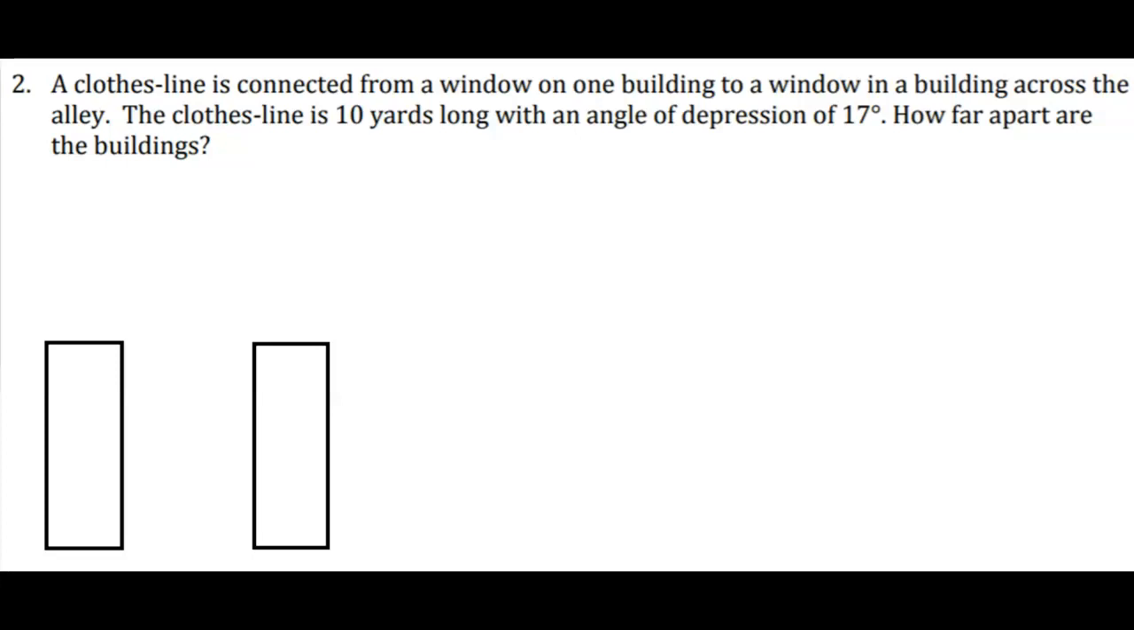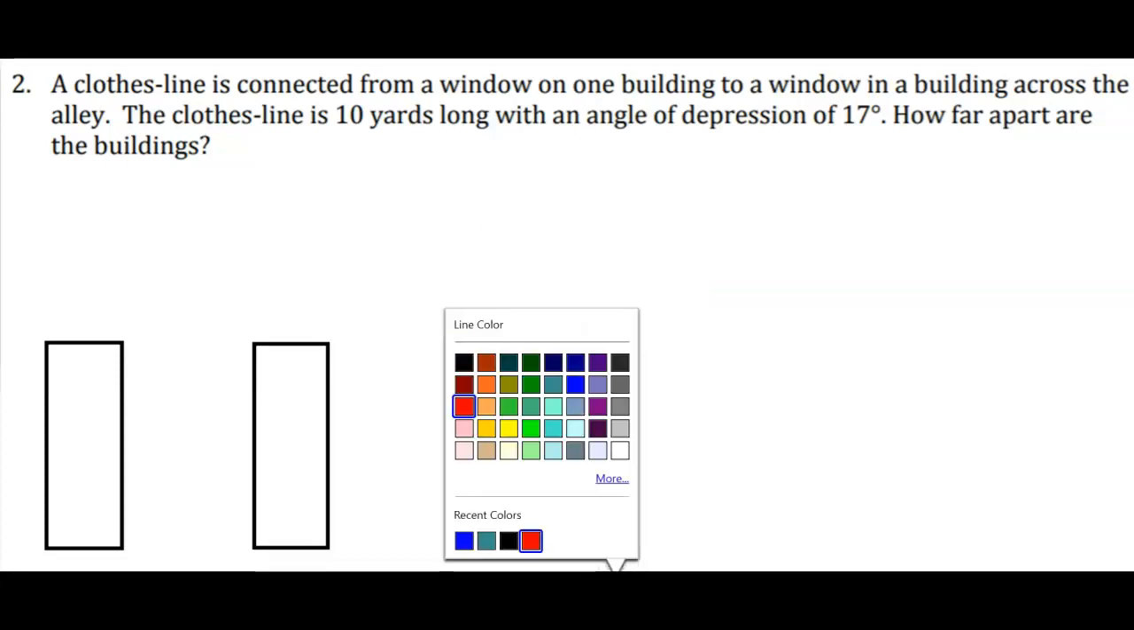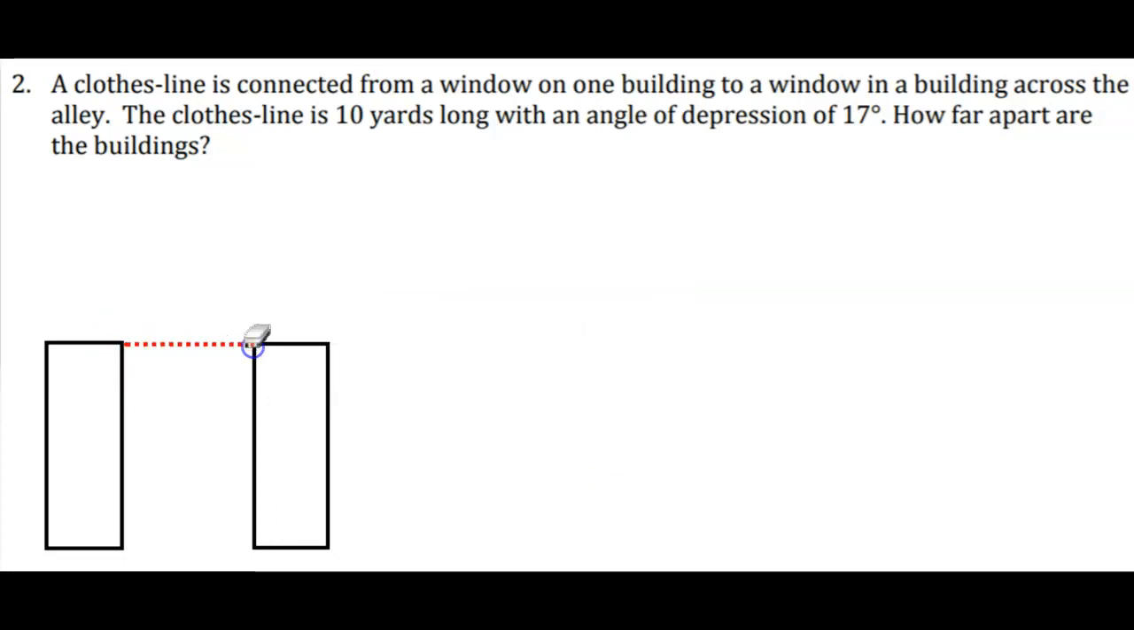Before you draw that clothesline, though, read the next sentence. The clothesline is 10 yards long with an angle of depression of 17 degrees. So what that means is they're not connected straight across to where it's parallel to the ground. It's kind of slanted a little bit. So if you want to think about a line that's connecting these two buildings, that would be this line here, but